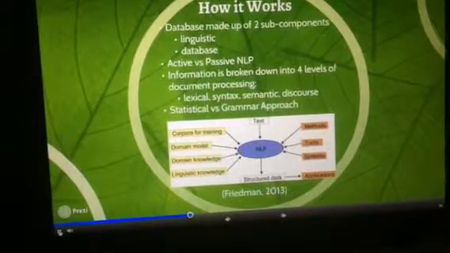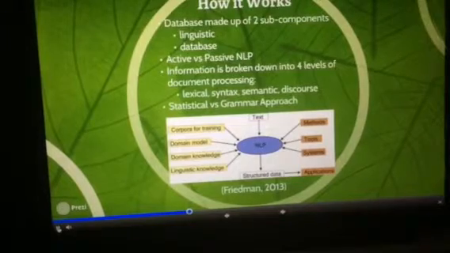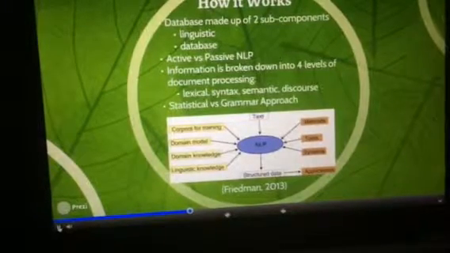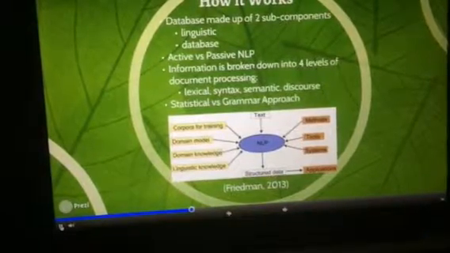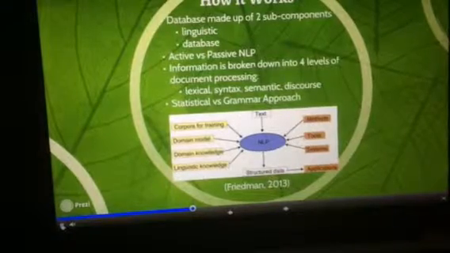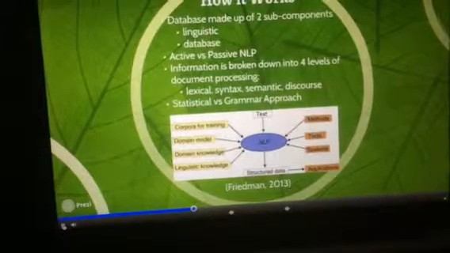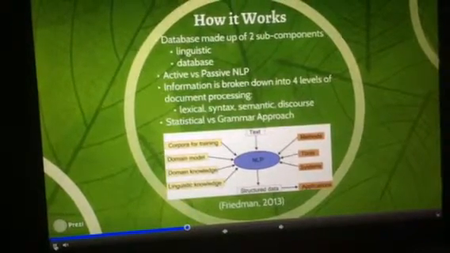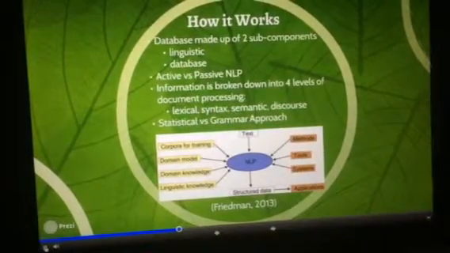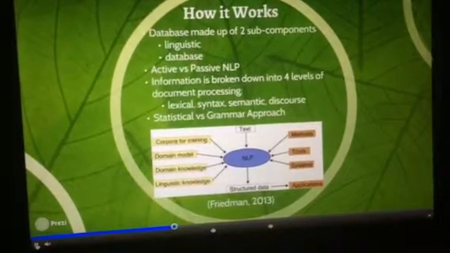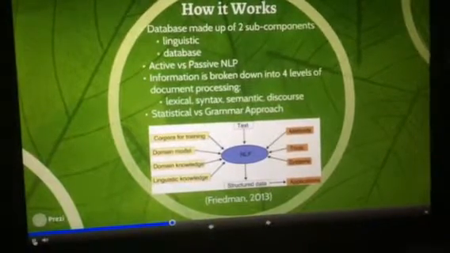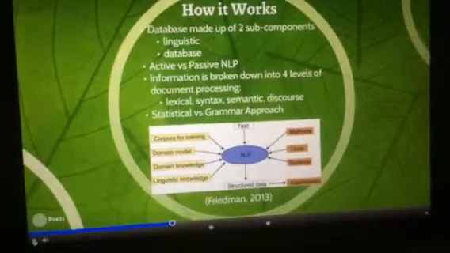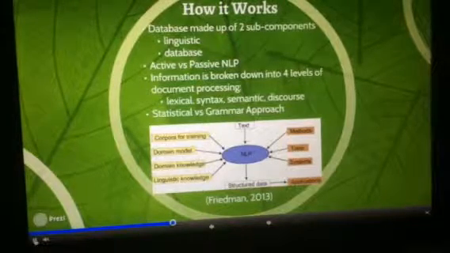NLP applications can be formatted into two specific types: active natural language processing and passive natural language processing. Passive NLPs require the user to manually input data into the EMR system. This will be able to generate some sort of output that is readable. Active NLPs take already existing information within the system and then extract patient-specific information and generate an output to the